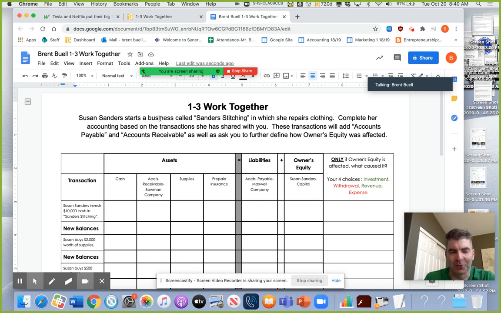Here we go. As you look at this chart, quick preview here. Susan Sanders starts a business called Sanders Stitching. I'm just making this up, in which she repairs clothing. Complete her accounting based on the transactions she shared with you. These transactions will add accounts payable and accounts receivable, as well as ask you to further define how owner's equity